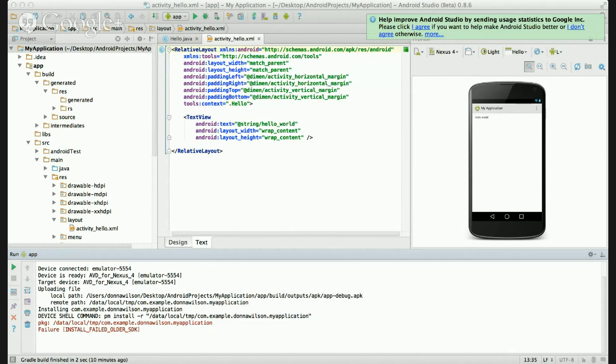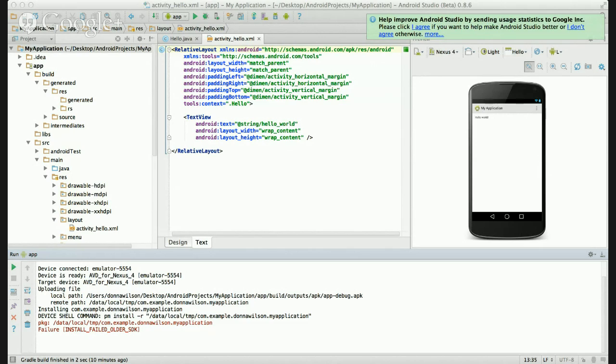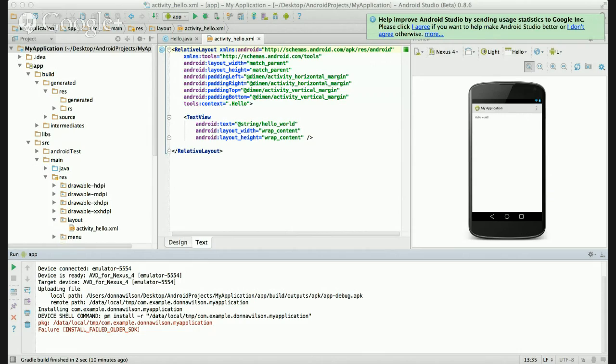ID equals @+id/name. That one there I found, or enter your name, the android:hint equals. In order for it to say hello world properly without giving you massive errors, it should say android:hint equals "@string/hello_world". And then you go to your strings.xml. And when you click on that one, you have your